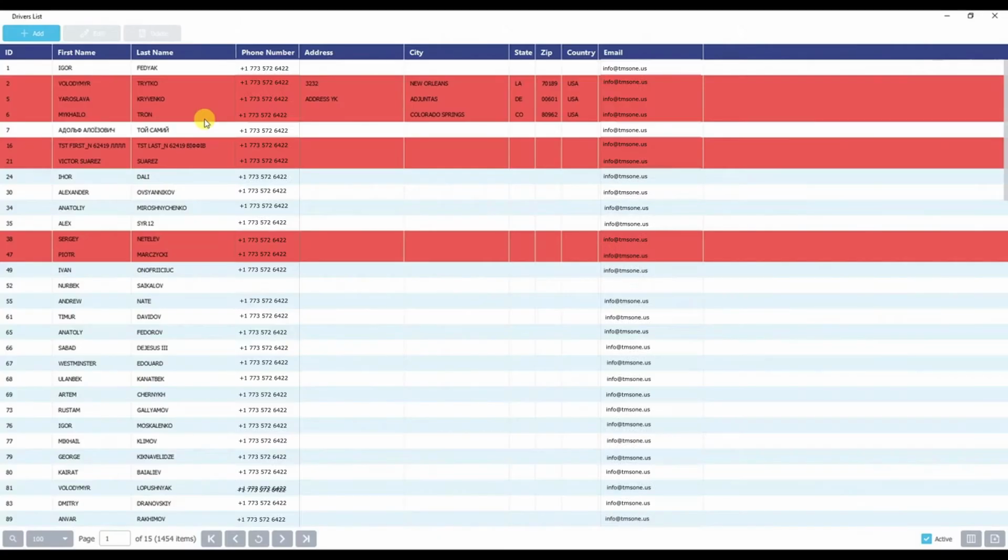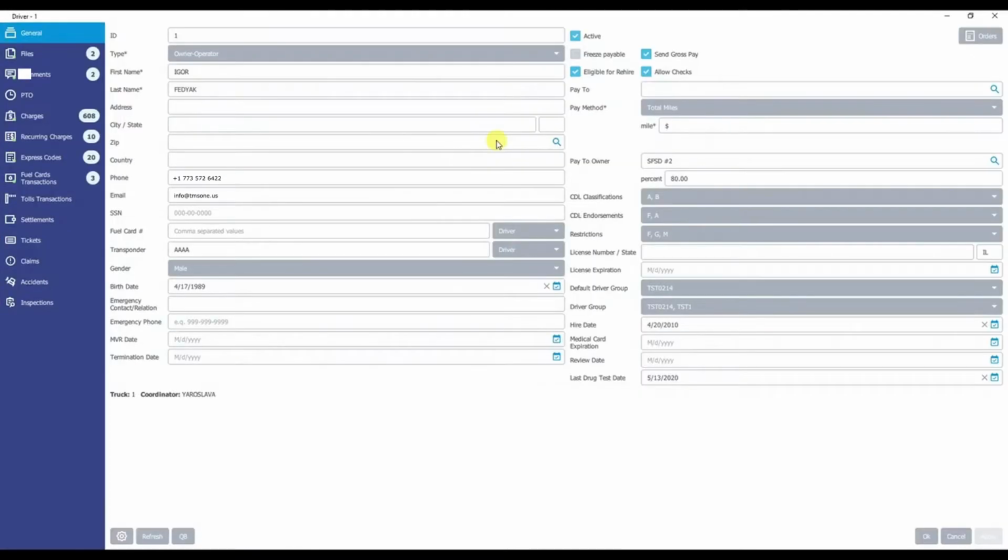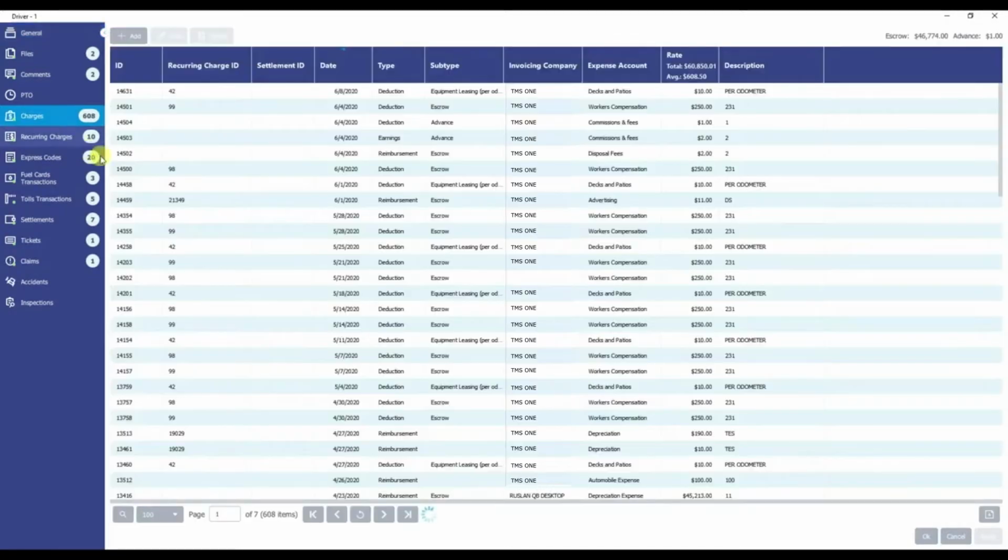We are going to start off with a minor UX enhancement that we have. We are redeveloping some of our intermediate windows. If we go into one of our drivers, for example, this should also be the same under the carriers. If you open up one of these tabs here, say charges, for example, you will now be able to see